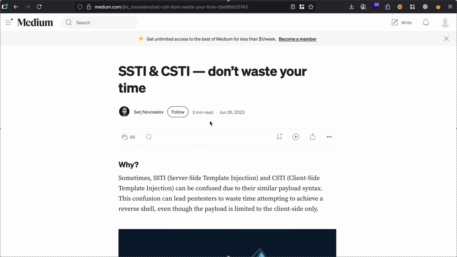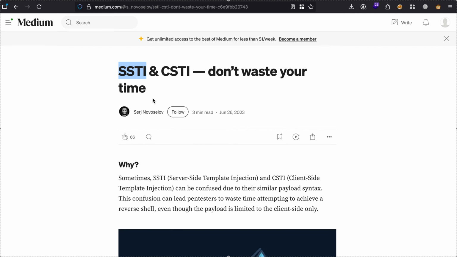In this video, we'll be talking about server-side template injection and CSTI, which is client-side template injection. I'm pretty sure you might have come across this in a lot of CTF competitions. So in this video, we'll focus on CSTI with the help of an example app that I was able to find online. Alright, so we will not be discussing SSTI, but the gist is if there is a templating